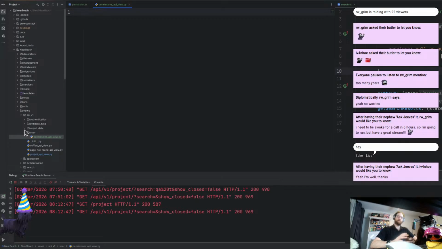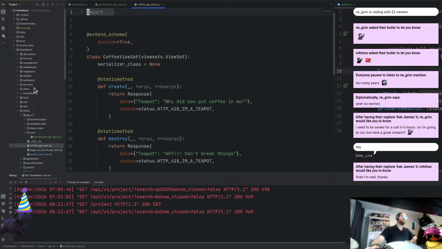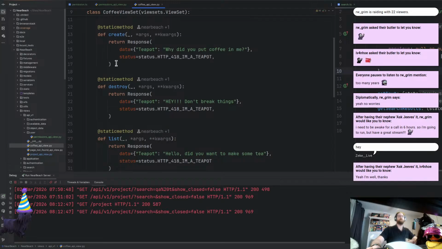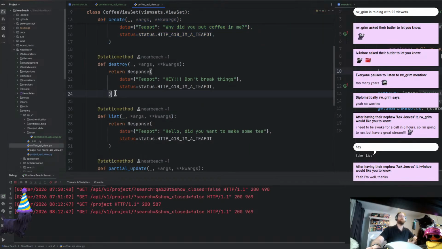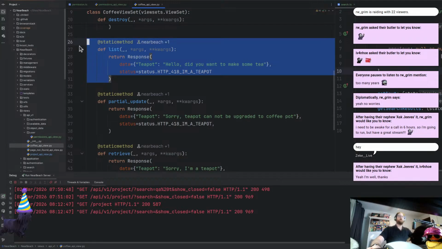We could potentially use this for CRUD too. So when you're updating user permissions, we could hit this endpoint also at the same time to actually get the update the user permissions. Now, I'm just trying to think if I open up the coffee one, because the coffee one has all of what we usually get. So we've got create. We'll leave create out for the moment. We'll leave destroy out for the moment. We'll probably deal with